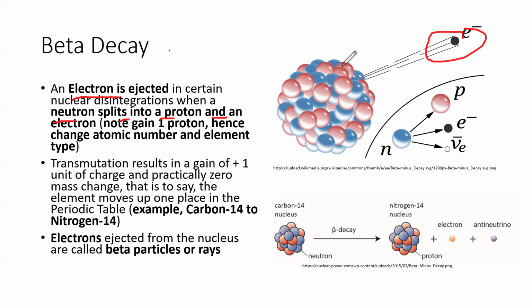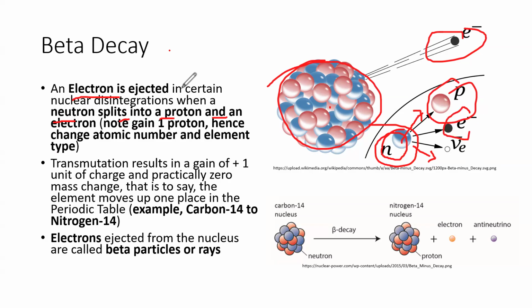You have a neutron here, which is actually splitting inside the nucleus, dissociating into two parts, a proton and an electron. When this happens, the electron is ejected